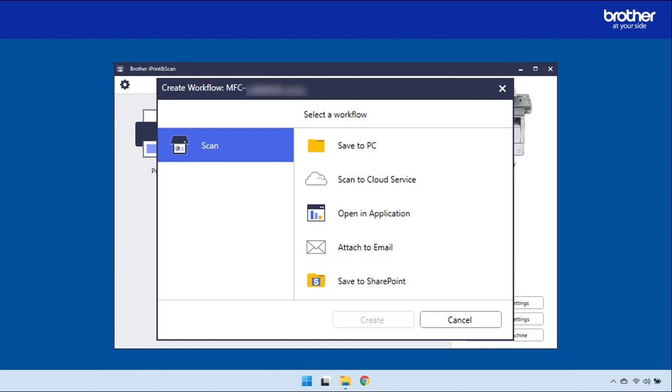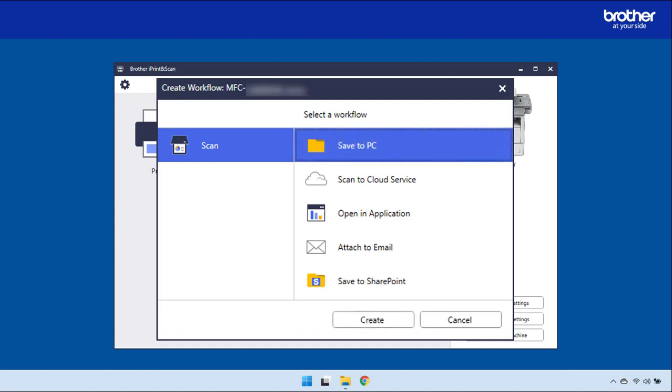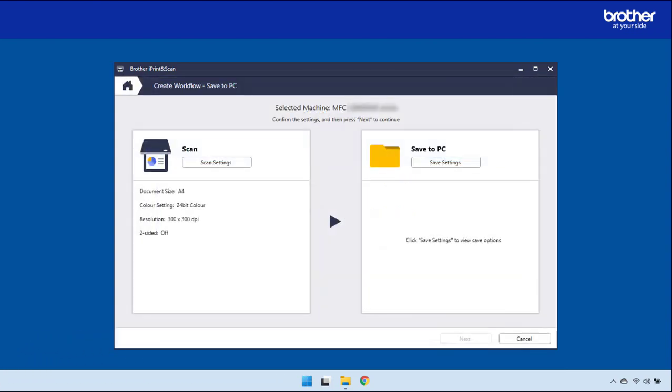In this example, we're going to save the receipt on my PC, so select Save to PC. And then click on Create. Next, we need to select the settings for the scanned receipt.